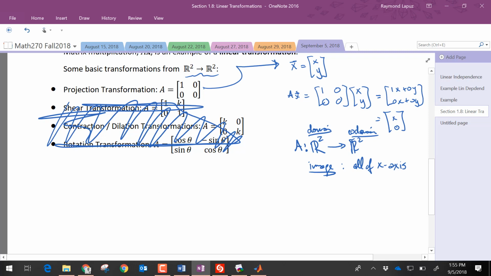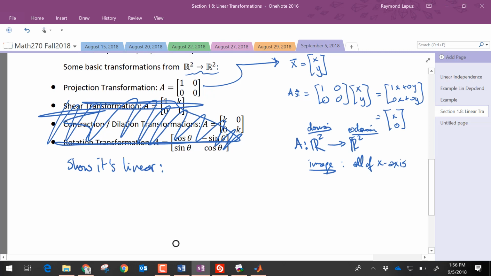But to show it's linear, we need to show those two things. We can make it compact and show just one thing, but let's show the two different things. The first one is that if we take two vectors,